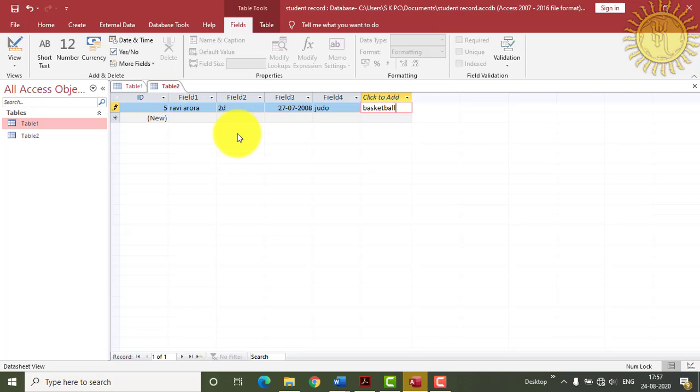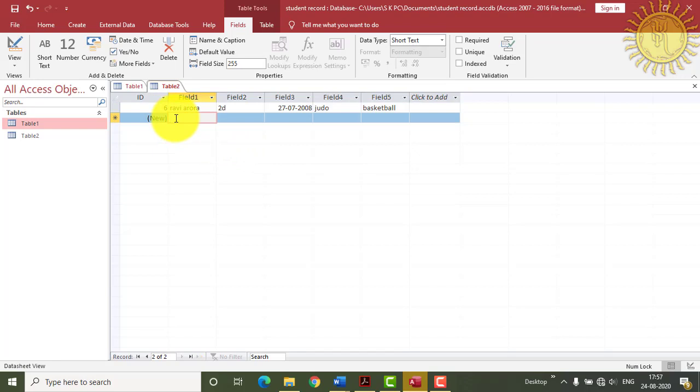After completing a single record, press the Enter key or move to the next line. Okay, just after filling all the details, I'm coming back.